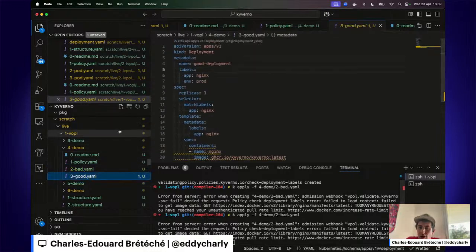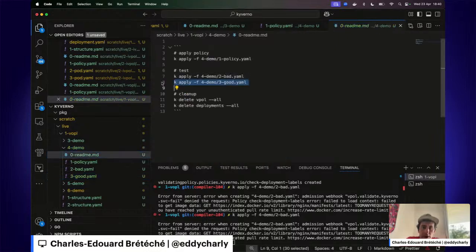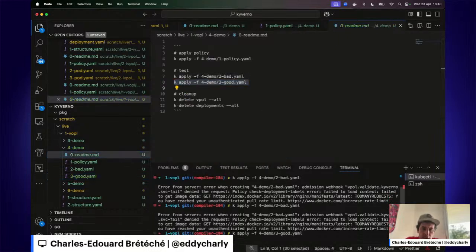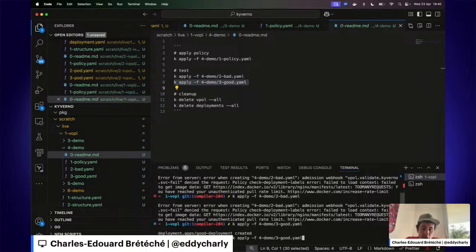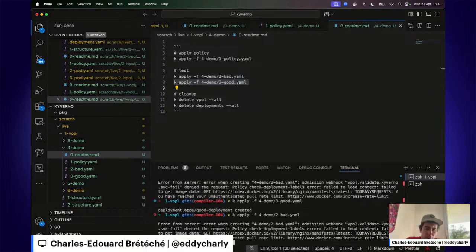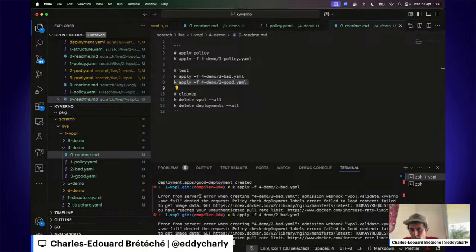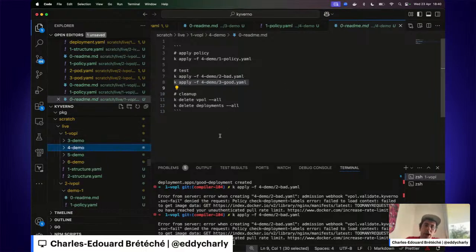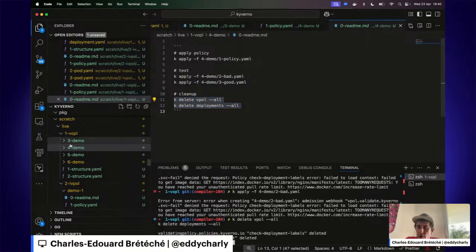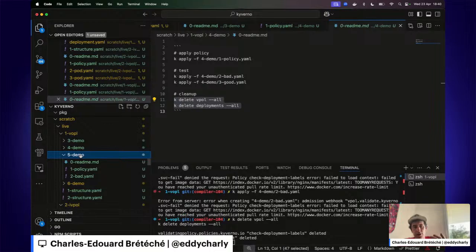So I can try to apply the good pod, but if we are hitting it worked. So maybe, okay, so it works, but just for the good pod. So yeah, we are hitting the rate limit, and unfortunately it doesn't work. But you get the idea. You define it for pods, and then Kyverno does all the work to create higher level policies.